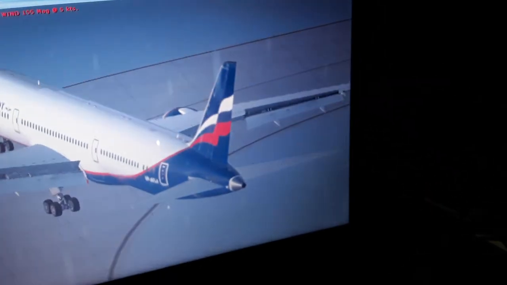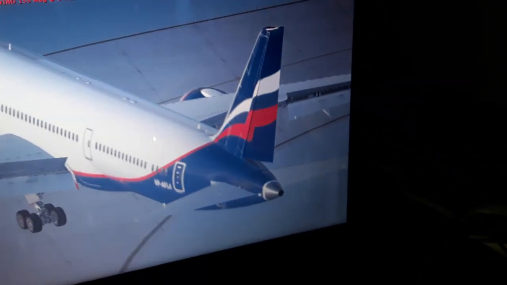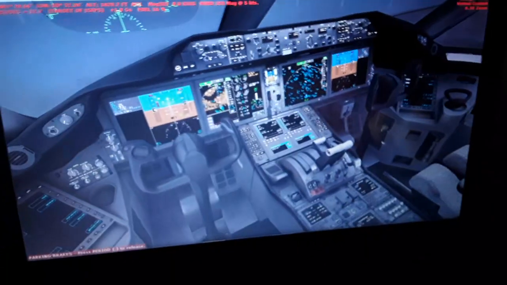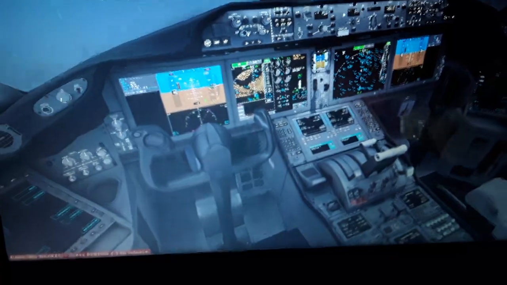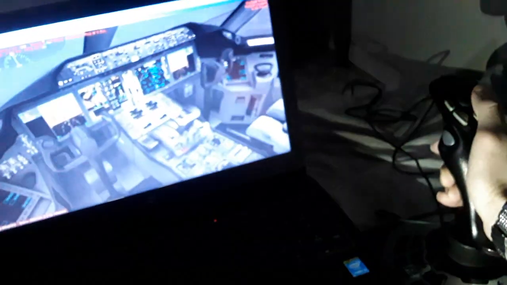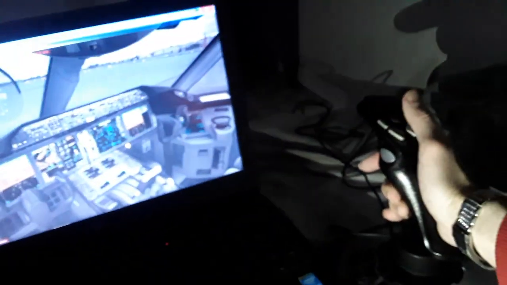So we can make yawing turns left and right using the rudder pedals, the yawing axis of the aircraft. So this is the rudder. You can see where the rudder pedals are. This is the functional control of the rudder pedals. You can make left and right turns using the vertical stabilizer of the rudder. So I have it in the side stick like this, in the vertical axis of control of the side stick,